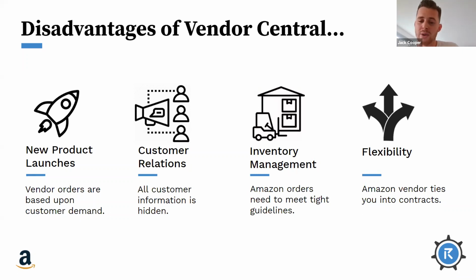Managing your inventory as well. Amazon will give you very, very strict guidelines in terms of fulfilling their orders, and I know that they can penalize very heavily. So if you are engaging in a vendor agreement and in the negotiation phase, it is essential that all these things are considered, because once you sign that agreement, you're tied in for around a year normally, and it can be very strenuous for your business if it doesn't suit your capabilities.